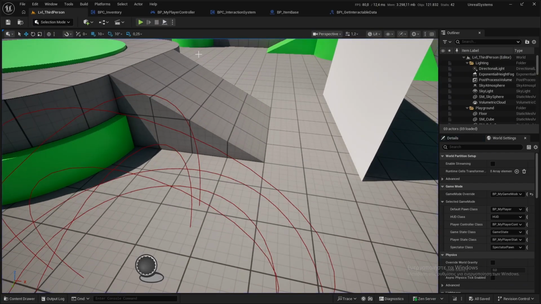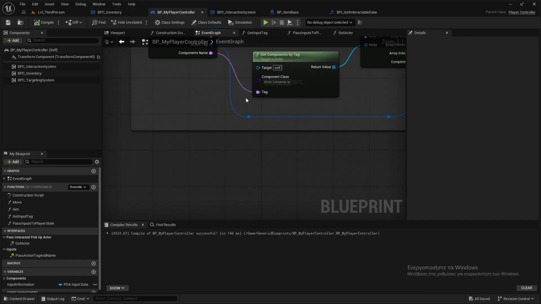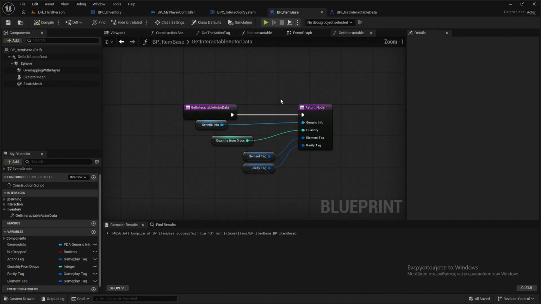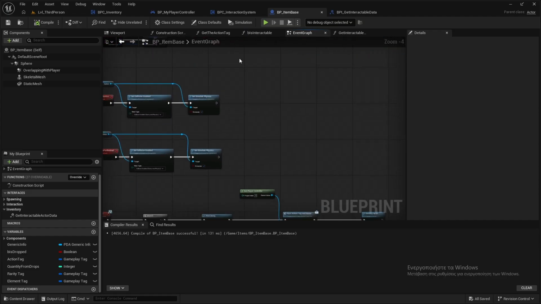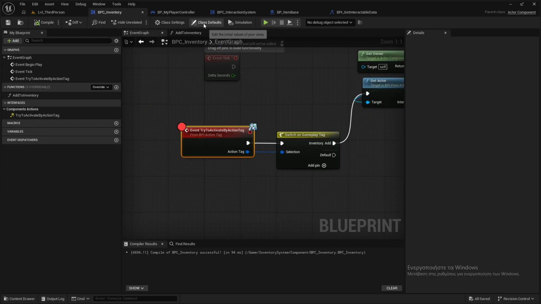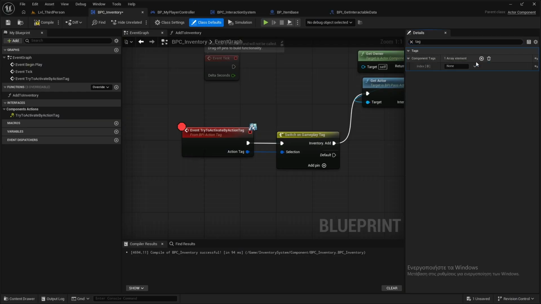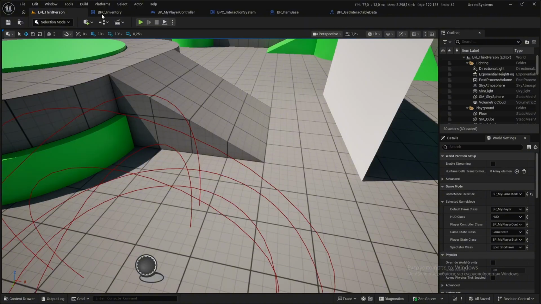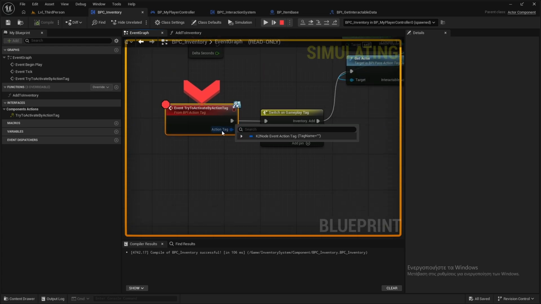Oh wait, event graph, the PP item. I didn't give a tag. If I play now, okay. So I hadn't given any tags, but the action tag is